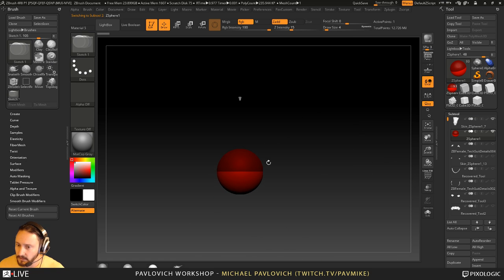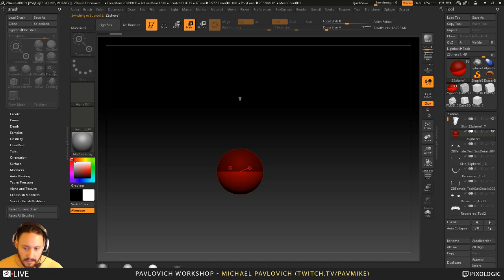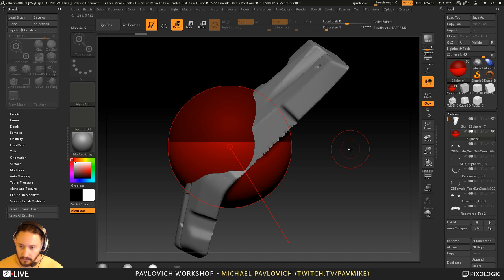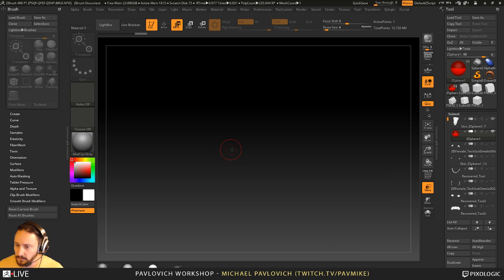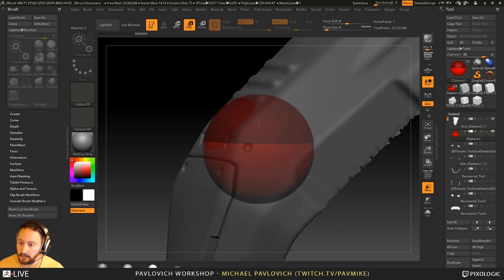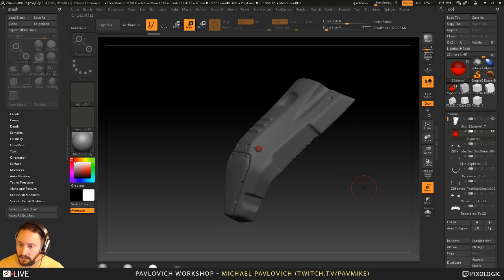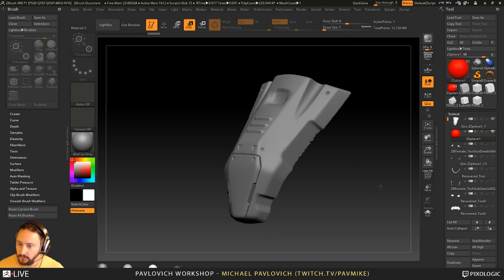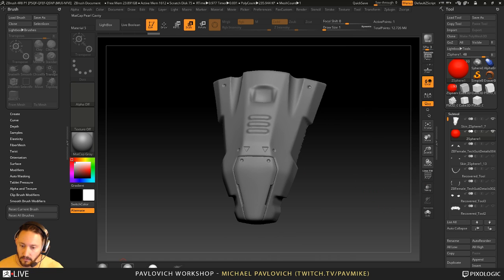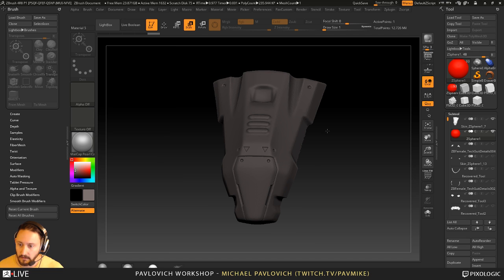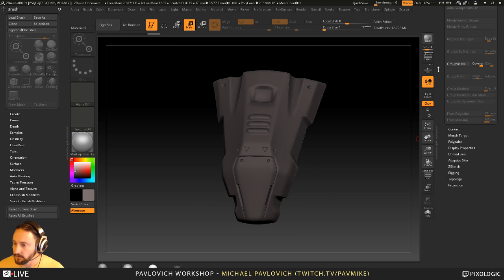I'm going to tap the Z-sphere here, go into X for X symmetry, E to scale it down, and then W, and you can leave it down there if you want to. It's not a big deal, but we'll go ahead and move this up, go into transparency mode, and if you're so inclined, you can scale this down so it's just sitting inside your object. So now that it's out of the way, I'm going to change it to matcap pearl, maybe a dark gray, and go down here to these,